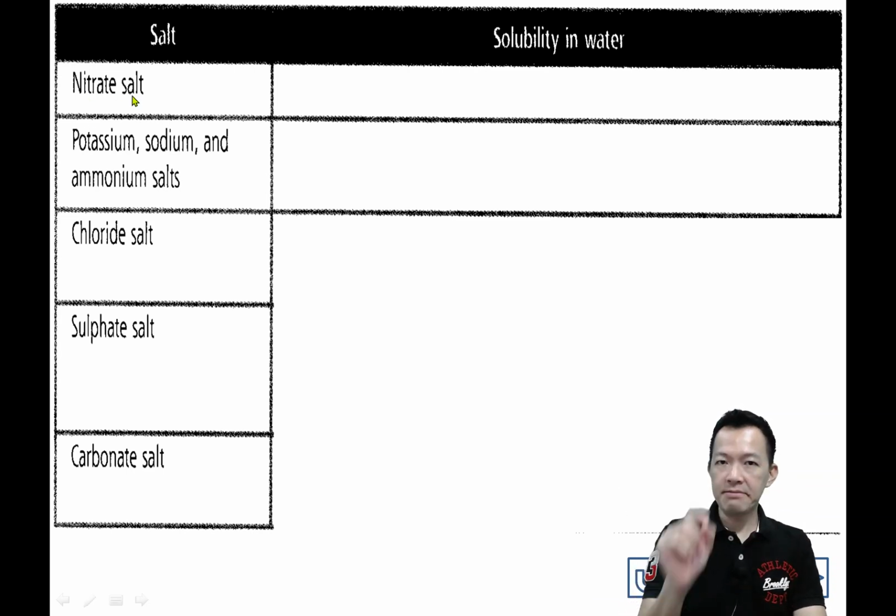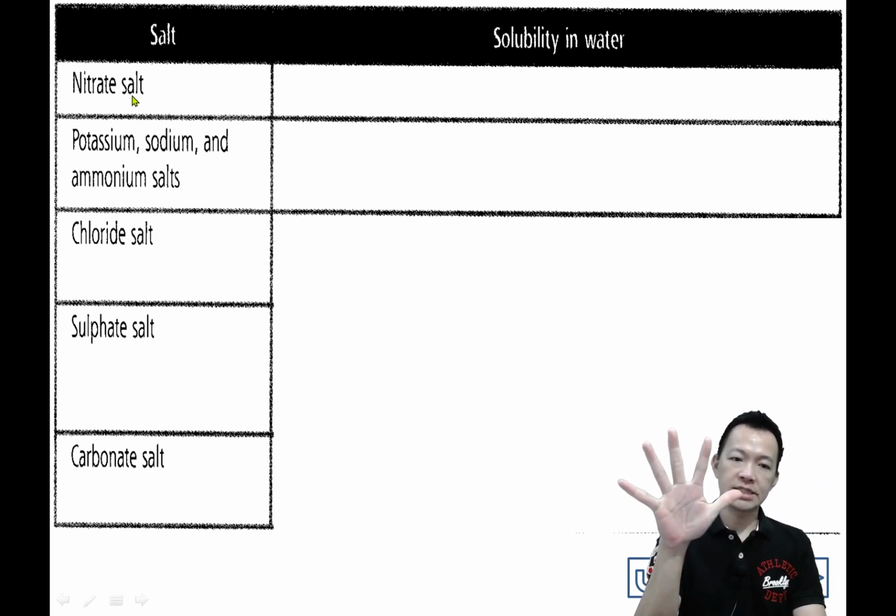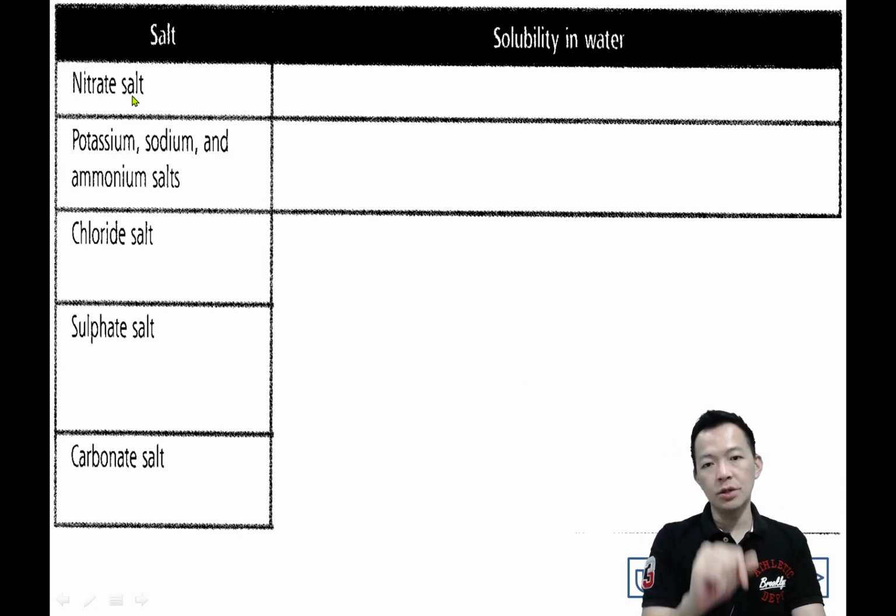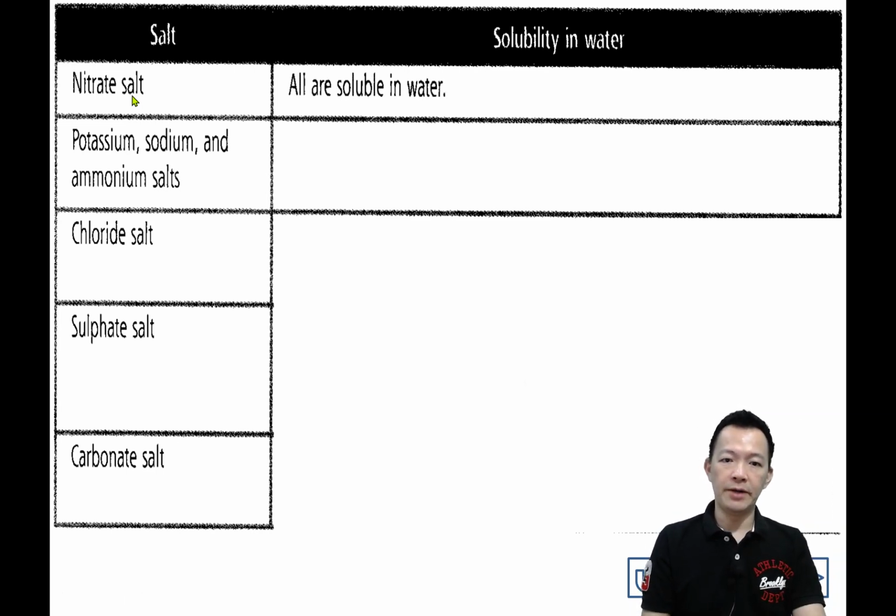So number 1, nitrate salts. For all the salts with the name nitrate behind, potassium nitrate, sodium nitrate, calcium nitrate, magnesium nitrate, copper nitrate, 什么 nitrate 都可以。If the name is nitrate behind, 如果它的名字后面是 nitrate, it must be soluble. 它肯定是 soluble. So all are soluble in water. Nitrate 的盐全部都是能溶解在水的。OK，背啦。Easy 很容易背，如果我能背，你一定能，因为我天生不会背东西的。